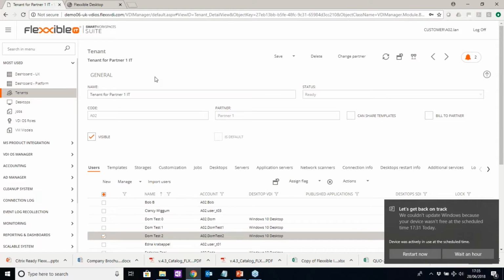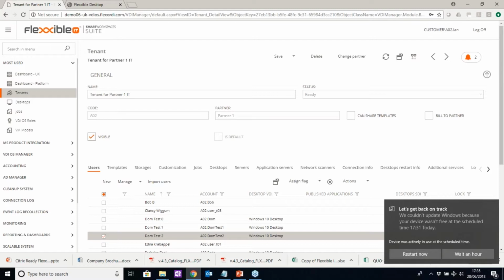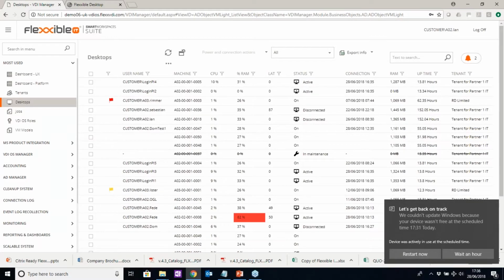So I want to move on and show you how we provide global visibility of desktops and sessions at a glance. So if I move to the desktop section within the console, this helps you see the status of all the sessions at a glance. Now, again, this is a completely customizable view, so I'm able to tailor this to the detail and the information that I need to see and that is important to me, the things that I need to view on my day-to-day basis. So I can add columns,